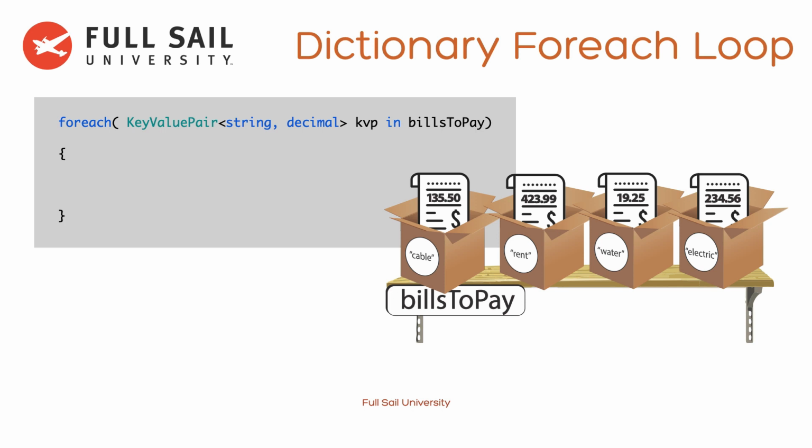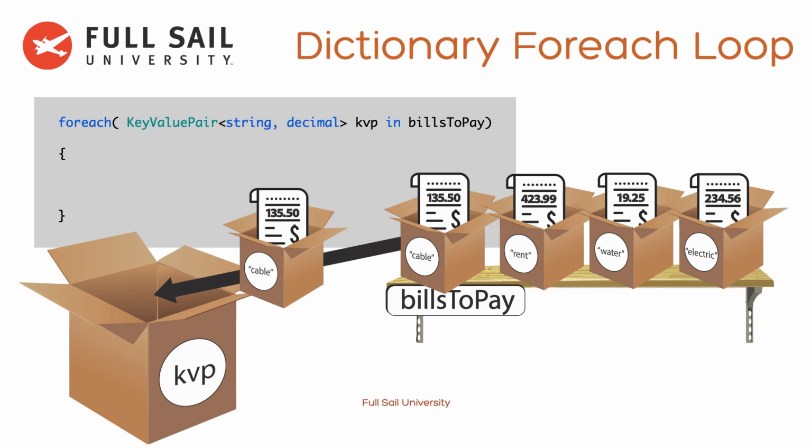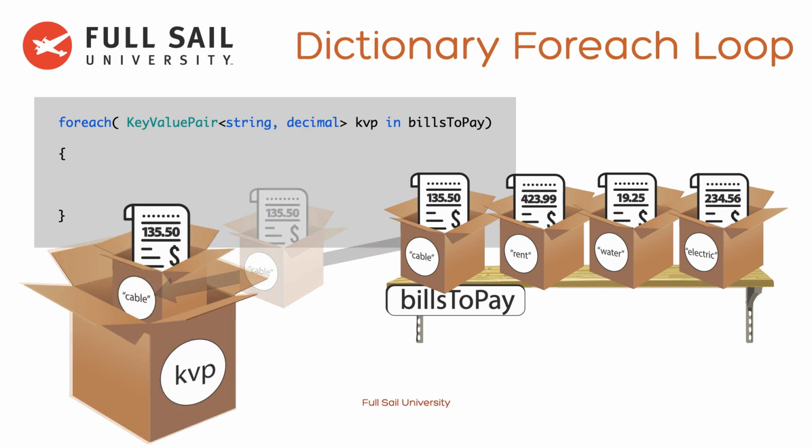The keyword of in, and then in what dictionary. The dictionary's name was billsToPay. And then inside of our curly braces, each and every time we'd have this KVP temporary variable that's going to take on the whole entire dictionary element. So it would take the whole box off the shelf, put it inside of itself,